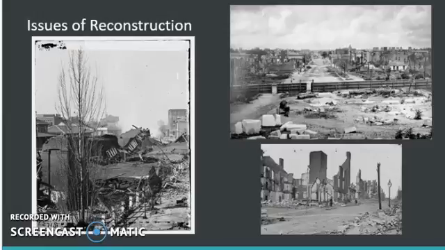A lot of stuff has happened in the time that the Civil War's been going on, and the idea that the South has seceded is still very difficult for a lot of people in the North to handle, and the idea that the South is now part of the United States is difficult for a lot of people in the South to handle. So there's a lot of different views to sort of balance here. When the process of Reconstruction begins, there's a lot of issues to take into consideration.